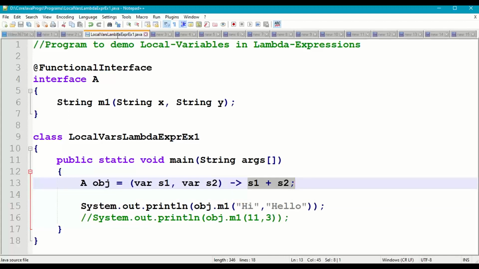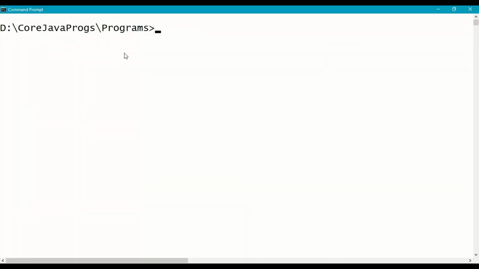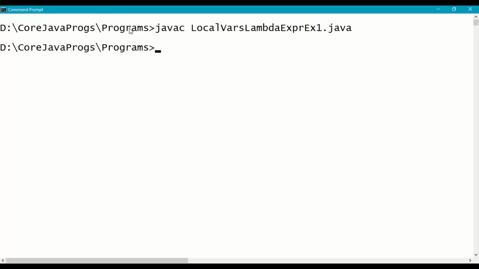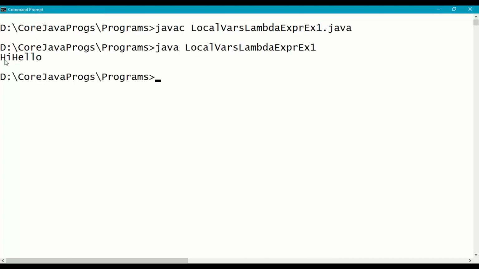Save this program in your working directory, come to the command prompt where you have saved the program, and compile the program. LocalVariablesLambdaExpressionExample1.java, no error, and then run it. We got the output hi hello.